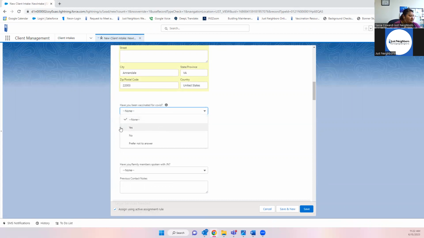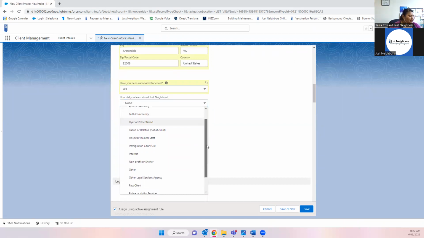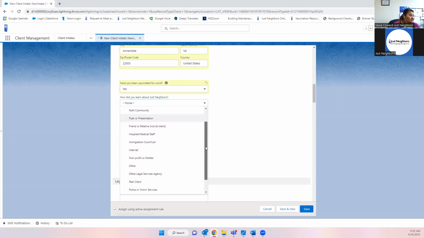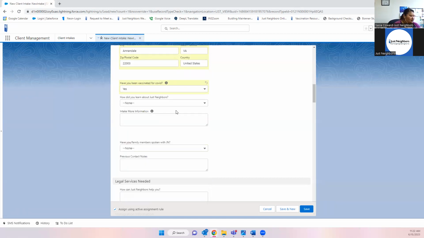Again, drop down menu, yes or no, or prefer not to answer. I'm just going to put yes. And then, how did you learn about Just Neighbors? Again, we have a drop down menu. A lot of times, clients will say, oh, I was given a list from immigration, or I did a Google search. Sometimes, like I said earlier, they could be a domestic violence survivor. So the police or victim services provided Just Neighbors information. So you would just click on the option here, or if it's another